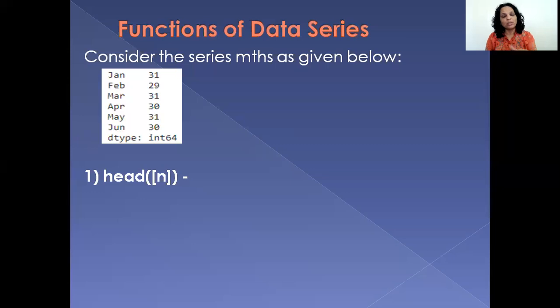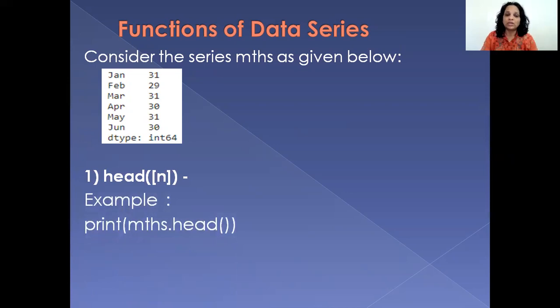Okay, now for all the examples of the function, I am considering this particular series that you see on the screen. The name of the series is mths, and the elements of the series or the values of the series are 31, 29, 31, 30, 31, and 30. And the labels being Jan, Feb, March, April, May, and June. Okay, so if I give the function as